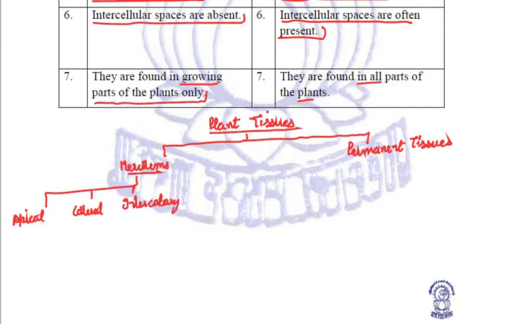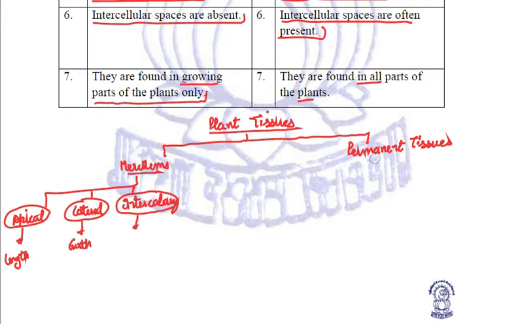Their location is quite important: apical, at the tips of the stem and root; lateral, that means on the sides or the girth; intercalary, between the nodes, internodes of leaves, roots, branches, twigs, etc. Apical grows the plant lengthwise, and lateral grows the girth or the cambium of the plant, and intercalary helps in the growing up of the branches, twigs and leaves.